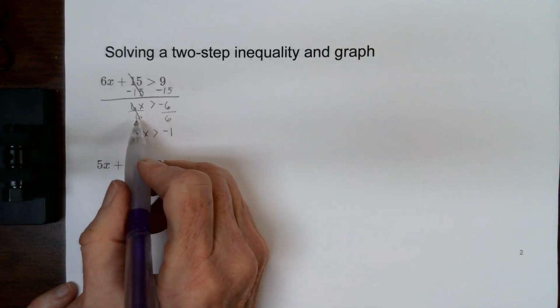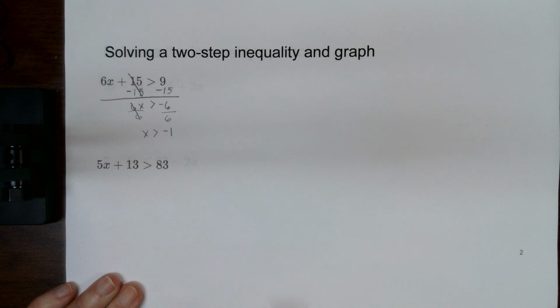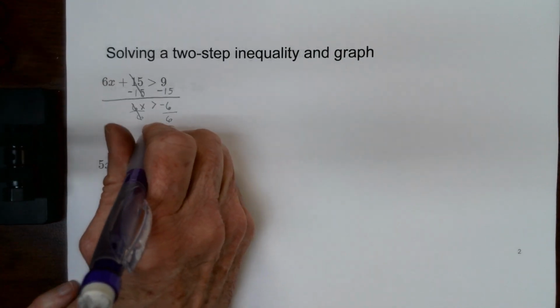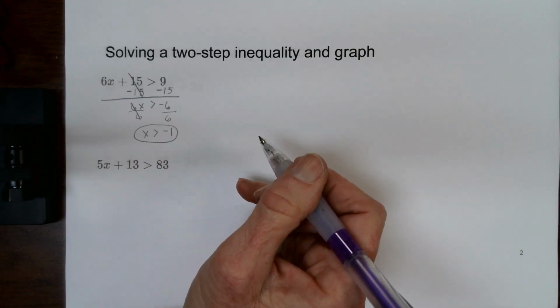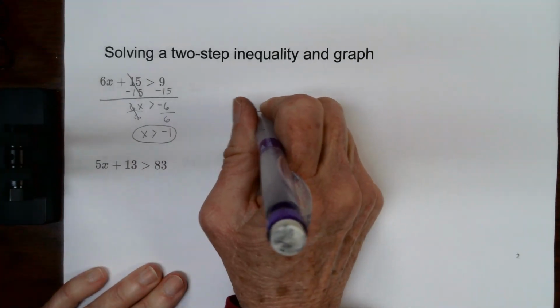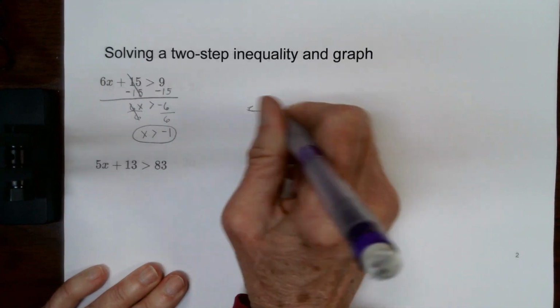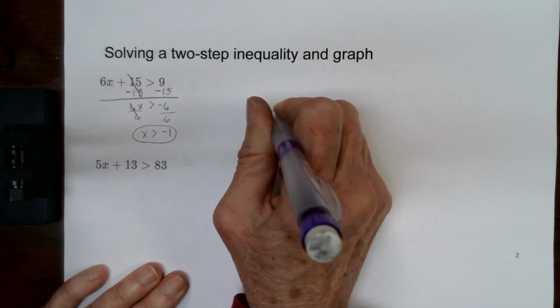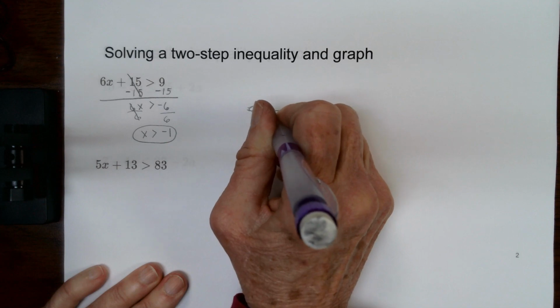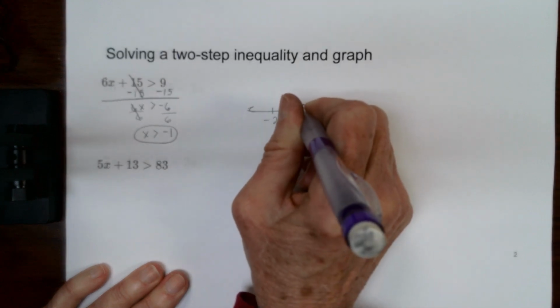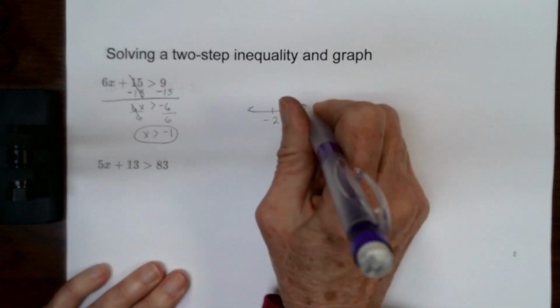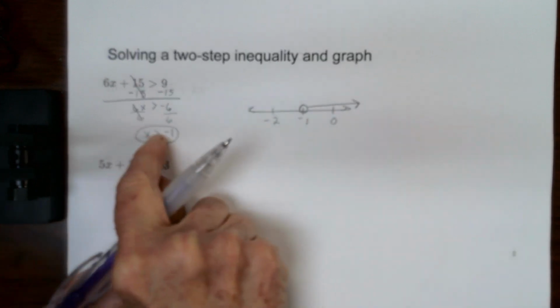Now, I did not divide by a negative number, so I don't switch the direction of the inequality. Remember, the only time I do that is if I multiply or divide by a negative number. If I graph these, I'm going to put a negative 1 in the center. To the left is going to be negative 2. To the right is going to be 0. I have an open circle on my negative 1, and it points in that direction because that's the direction of